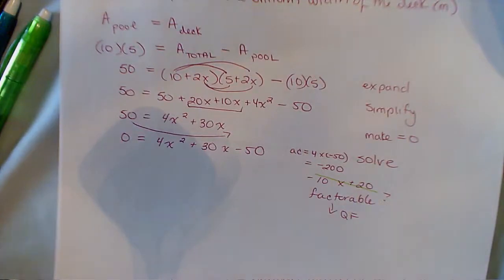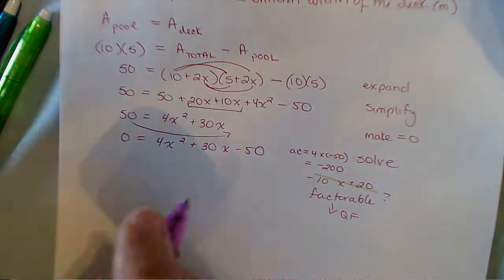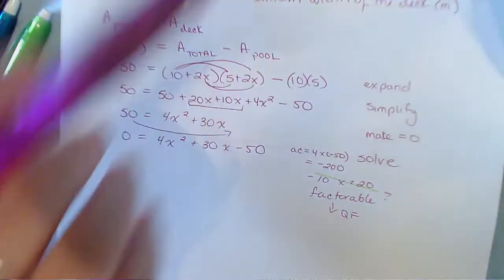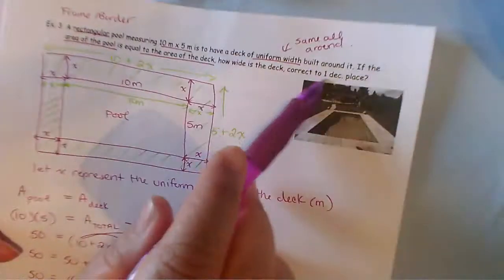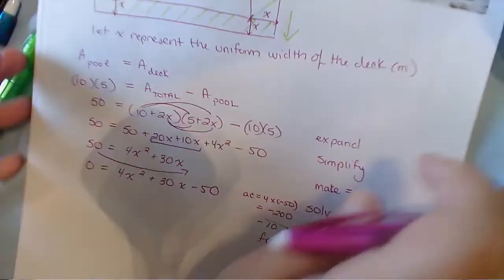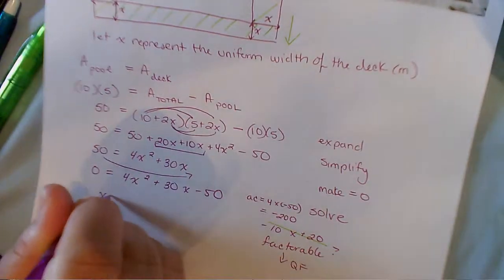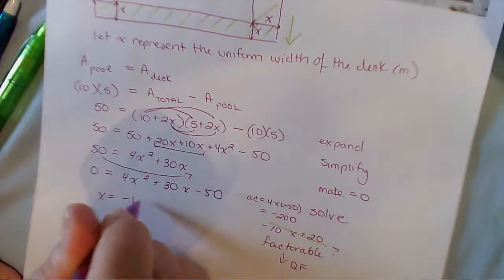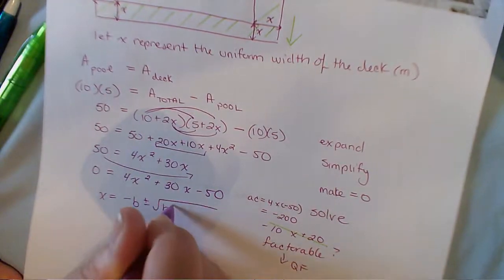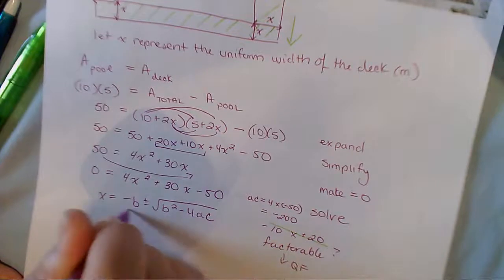Again, unless the numbers are obvious, and because this is a dimension question again, it told us to one decimal place right in the question. So keep your answer to one decimal place. That was a clue that we're going to get a decimal as an answer. So again, x equals now, because that's the letter we used, negative b plus minus the square root of b squared minus 4ac all over